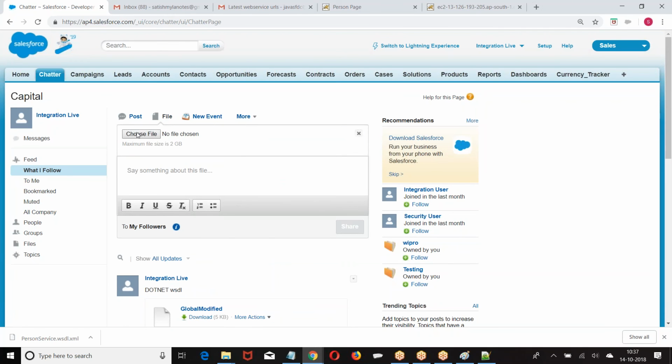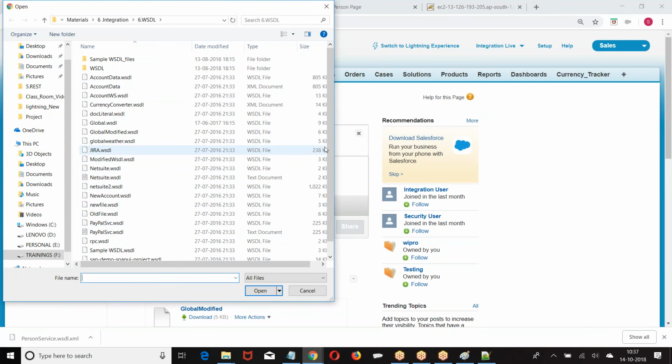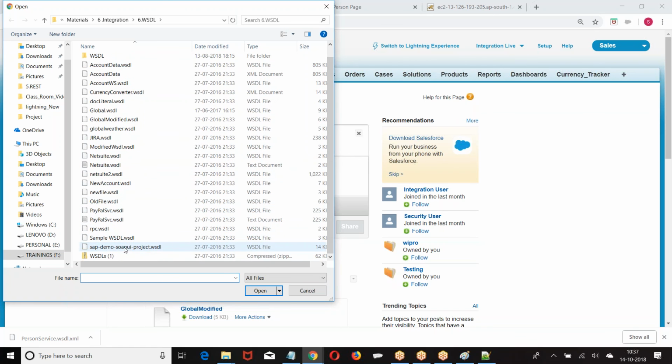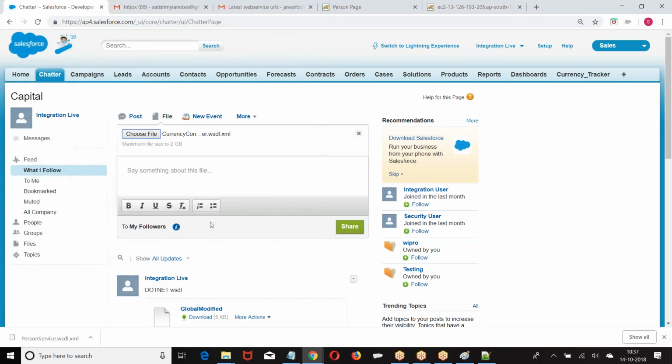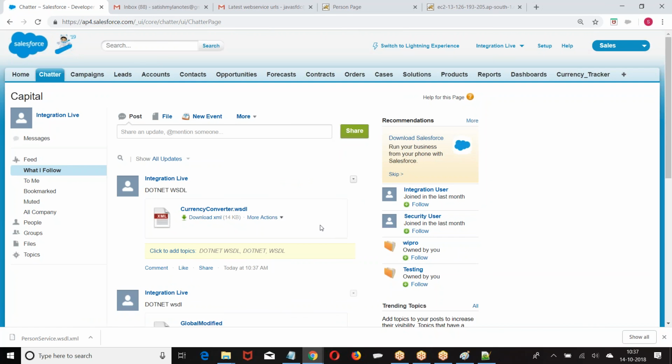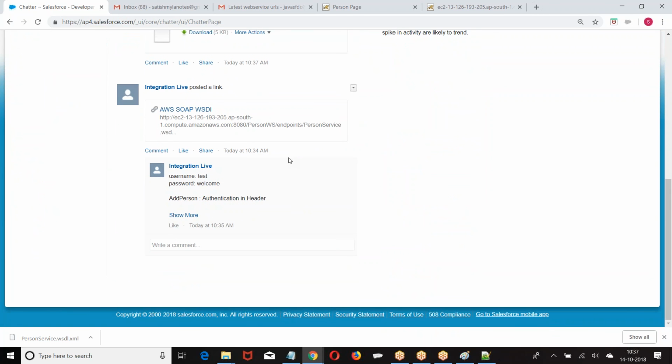You can download those files from there. You can also practice these examples. Right, I uploaded 3 files. One is live from the external system. The other ones you can practice, they are WSDL files. You can try and practice. The complete theory and scratch level of each and every element I'll be discussing in the next class. Right? Okay. So, any other queries from your end? Any other queries?